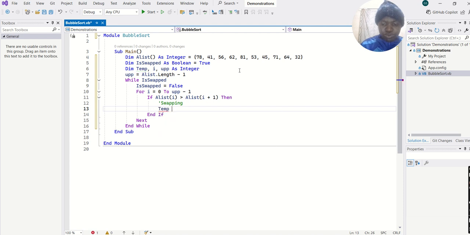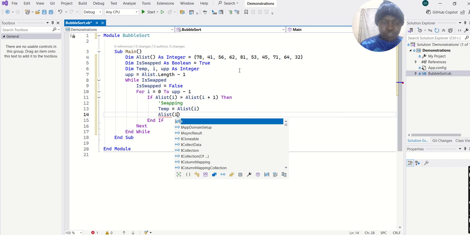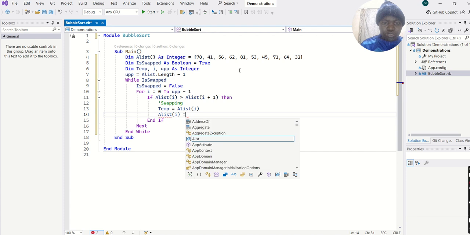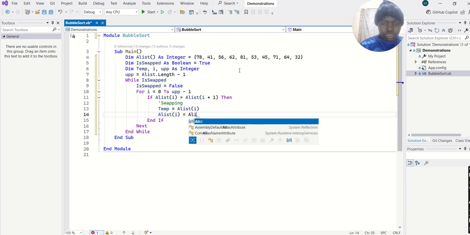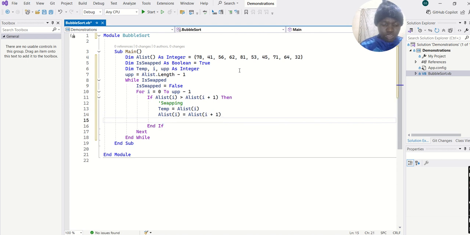So temp equals a list I, right? Since the value of a list I has been placed in temp, let us now give it its new value. A list I equals a list I plus 1,